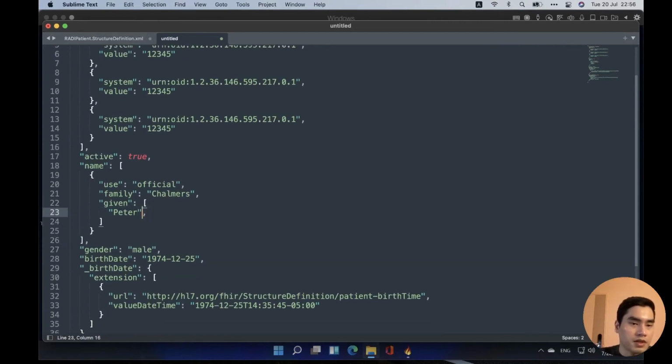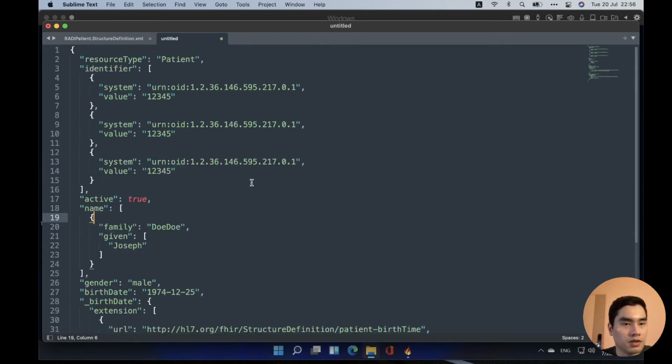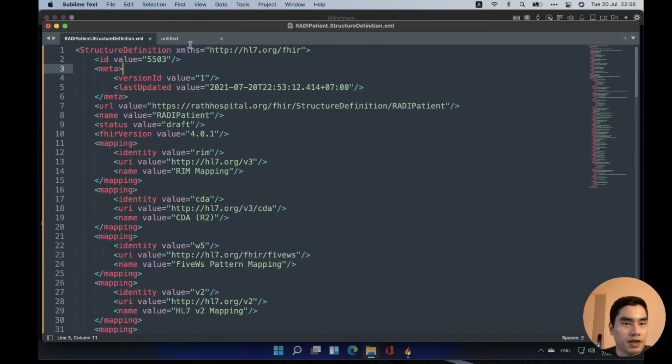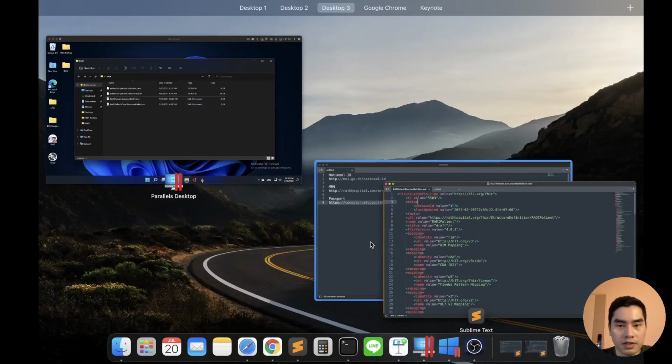Maybe the patient name is given name Joseph, family Dodo. Use doesn't need. All right. System, we have 3 systems.